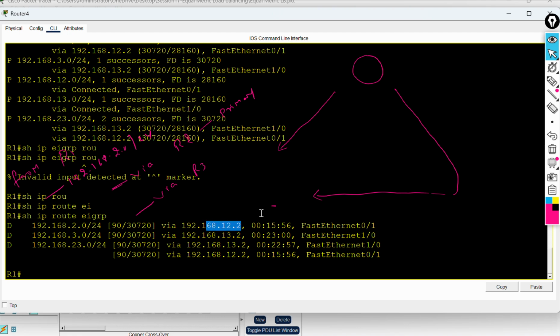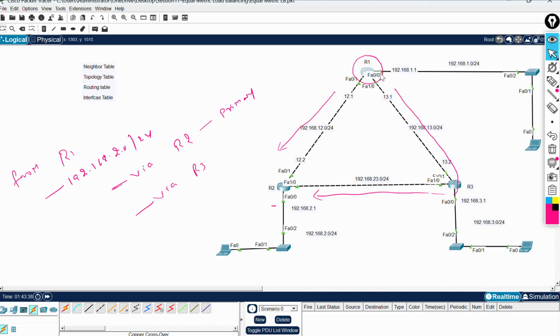This is the primary path. And there is another path via R3, right? But R1 does not consider this path as a secondary path. This path is there to reach the 192.1.2.0 network, but R1 has not selected it as a secondary path. See here, if you see the topology table,